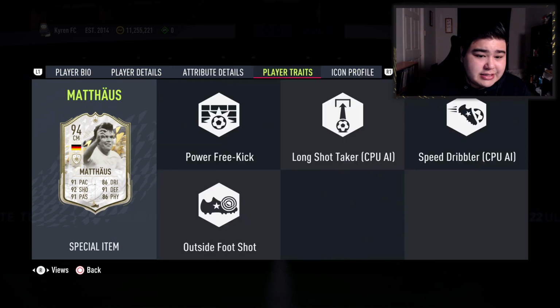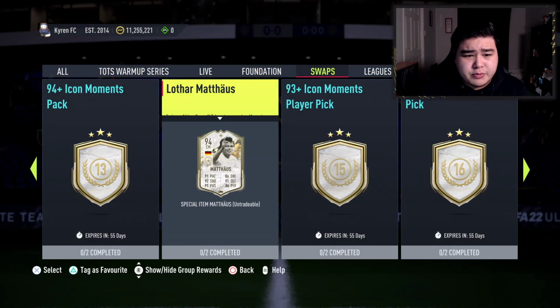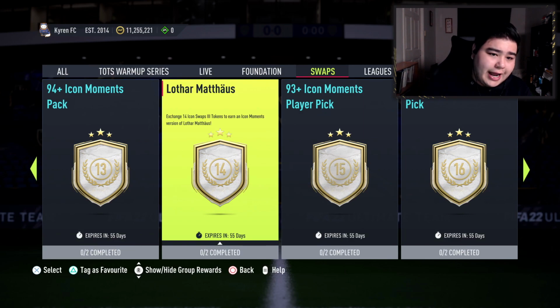And the one thing with him is he's got incredible attacking stats as well, but you've also got the defensive stats to kind of combat that as well. 95 stamina, she's going to be running all the time as well. I think this is an unbelievable option, and I don't know if this means that we're going to get icon